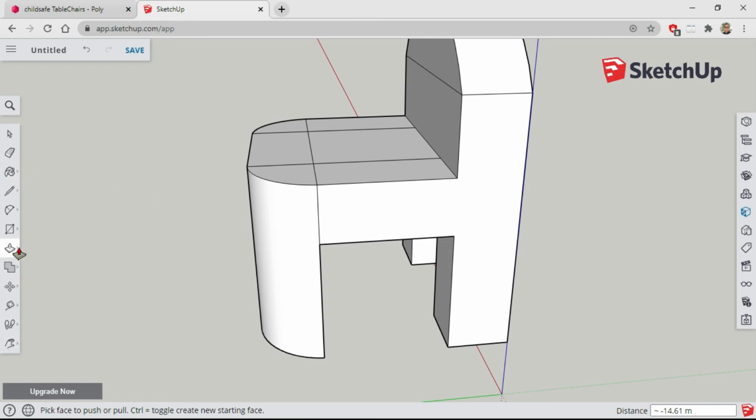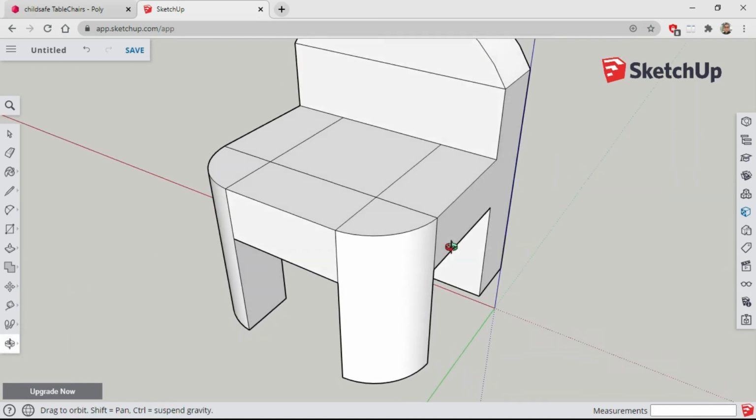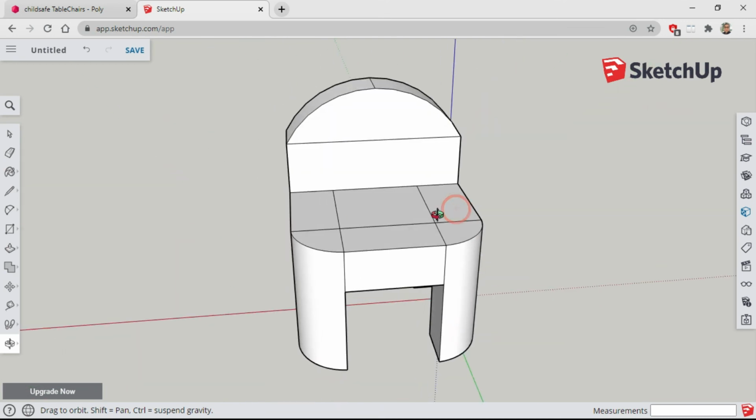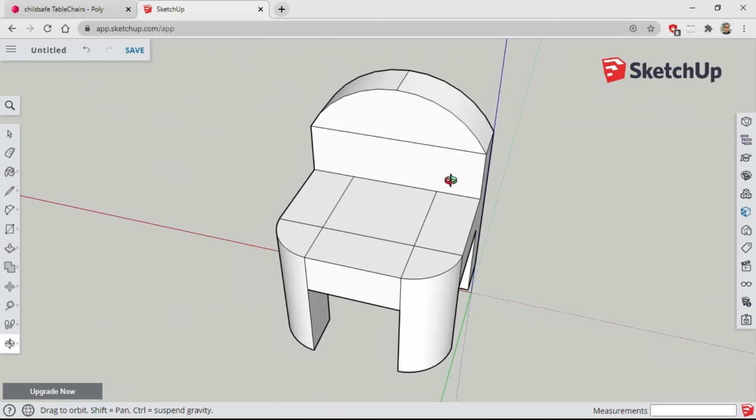Alright, so I will just use my orbit tool again to take a look if everything is okay. But what I want to do is actually do something to the backrest, some additional stuff. So I'm going to delete this. How do you delete? You can use the eraser tool, click on it and then position it onto the line, click on it and it will disappear. All this we don't need already. Okay, we are going to click it off